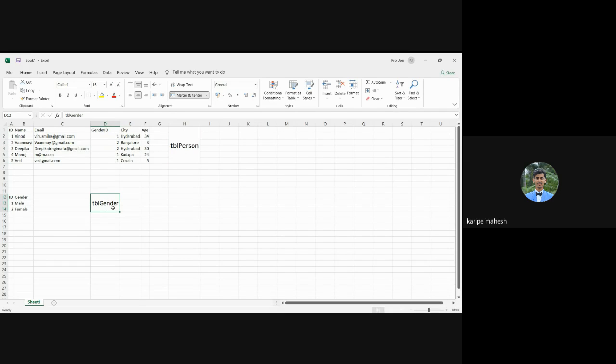How to establish that connection is through the primary key and foreign key relationships. We'll talk about that. So before even going to the foreign key, we'll talk about the primary key. Primary key is nothing but the column where you want all the records in the primary key column